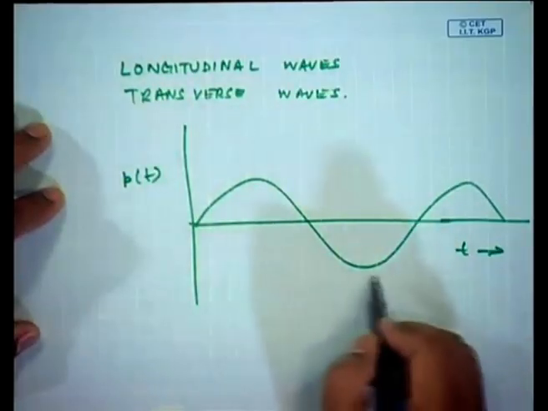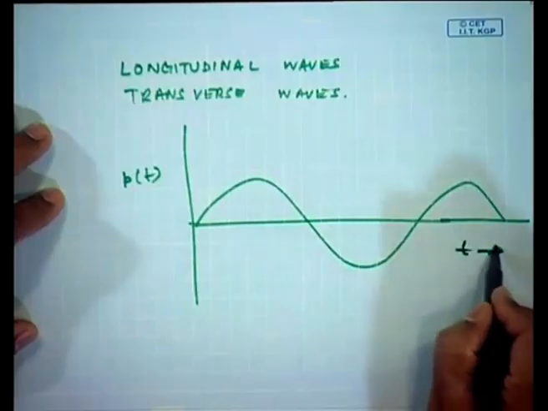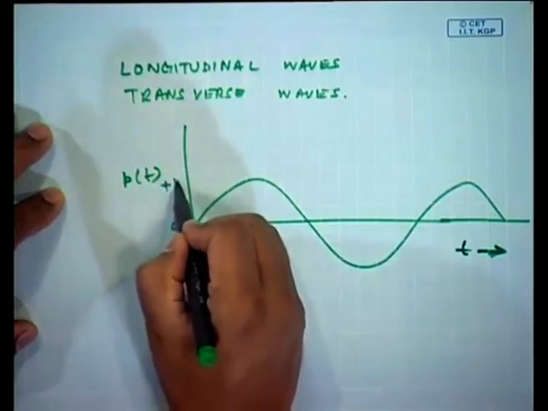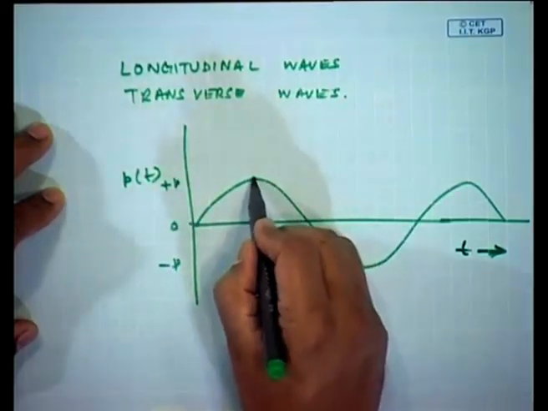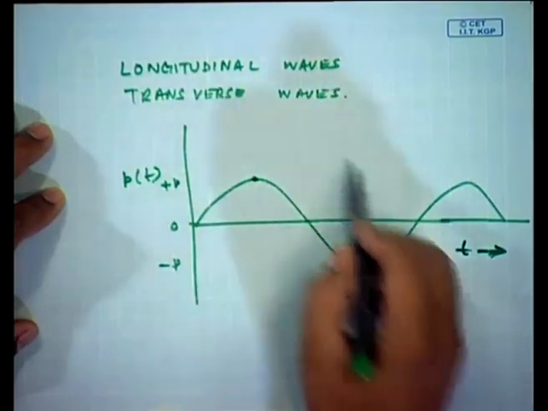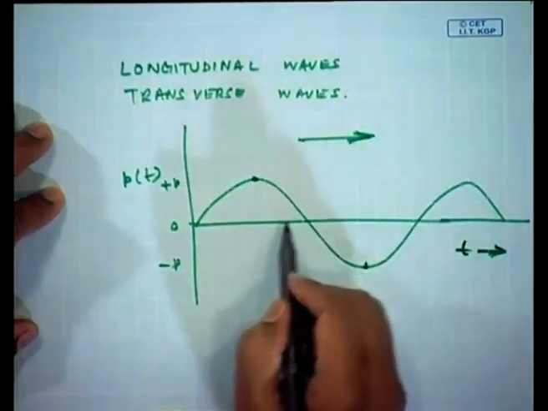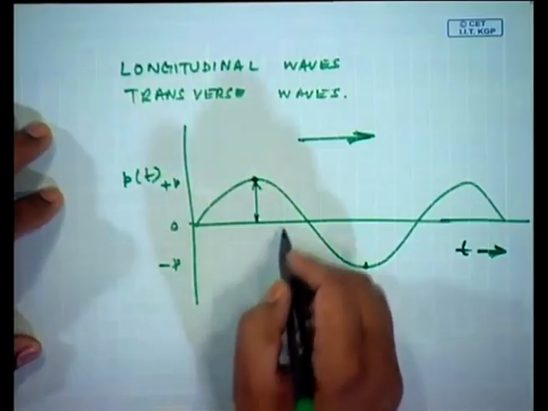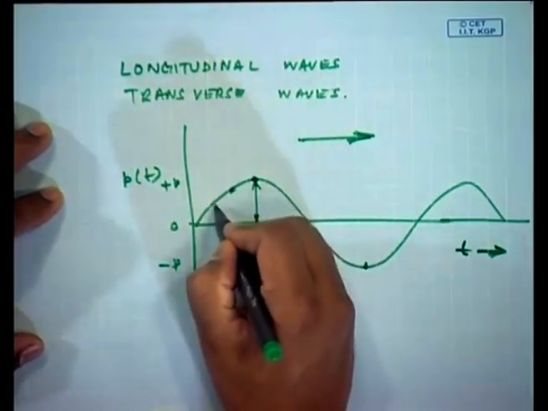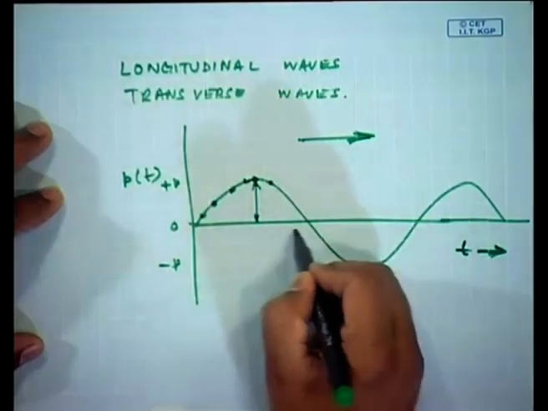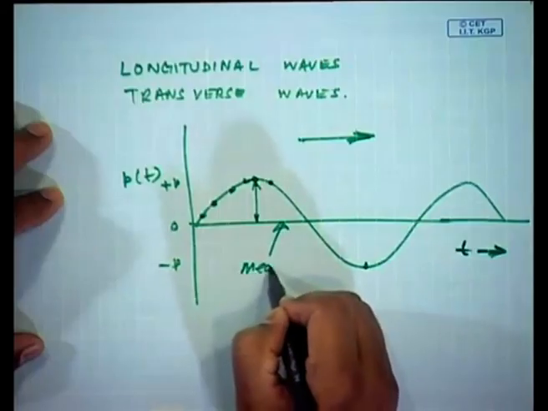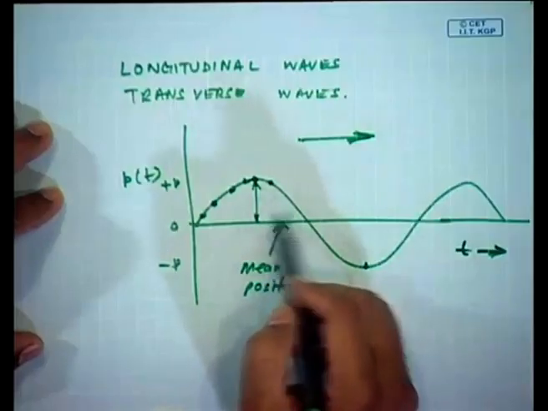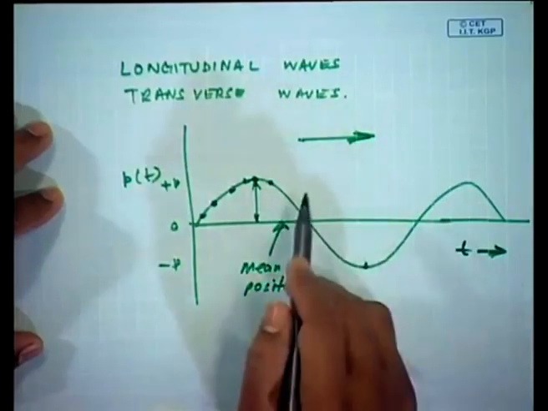the direction of transmission is along this direction, but the particles have a maxima and a minima perpendicular to the direction of propagation. This is the direction of propagation and this is perpendicular, and thus it is known as the transverse wave. So, every particle here is oscillating about its mean position. This is the mean position. These particles themselves do not move, but they transmit the energy to their successive particles,